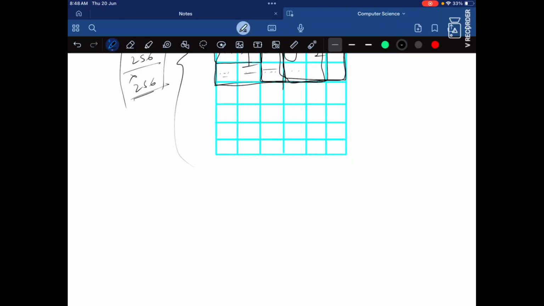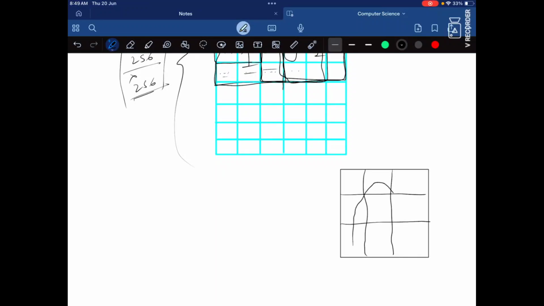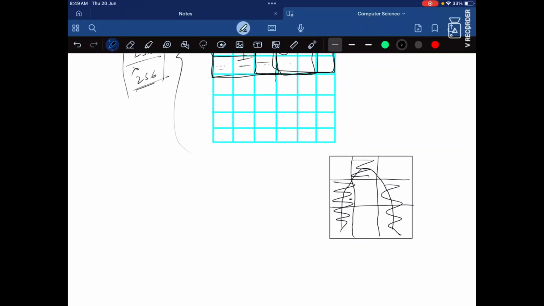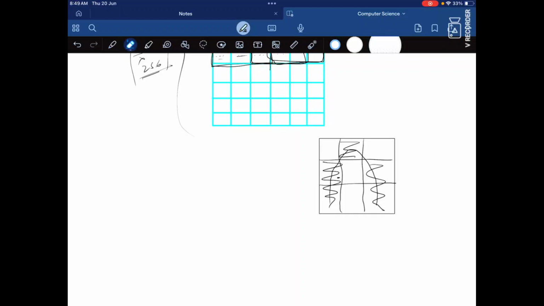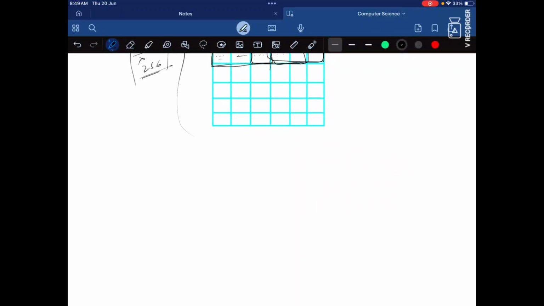So like this we shorten the image to a much smaller structure than the original image. So our A becomes very small, but it should be bigger than this. We need to capture the features, otherwise it will be of no use.